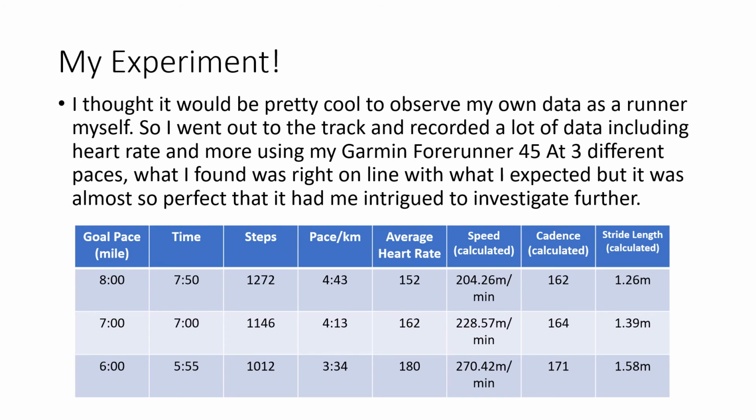However, my stride length, which during an 8-minute mile was 1.26 meters, jumps to 1.39 meters when I do a 7-minute mile, and then all the way to 1.58 meters when I do a 6-minute mile. This is quite significant, and it's actually pretty cool to see that my cadence didn't increase that much, but really I'm just lengthening my stride when I need to get faster. And I think that's pretty cool to see that data in action